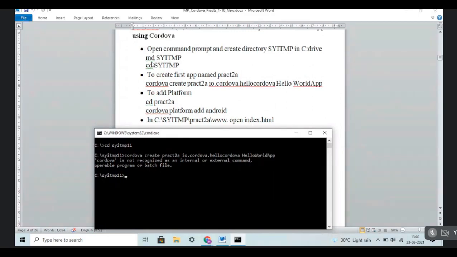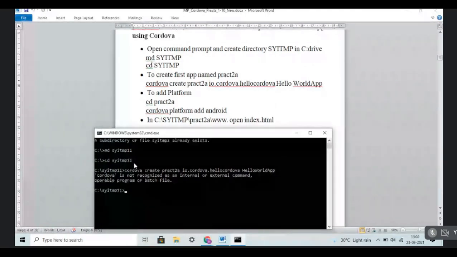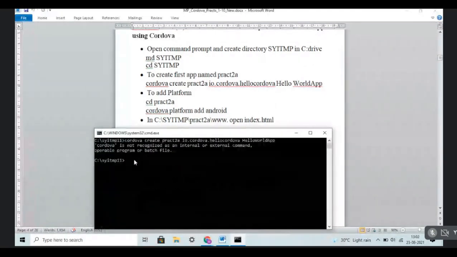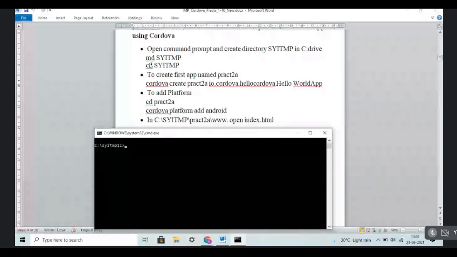For the command prompt, the first step you have to write is making directory: md stands for making directory and cd is change the directory. For the parent directory, which command do you use? cd slash. Okay, all of you note down this one. You will need this in each and every practical, so keep it by heart. Write down each and every thing.